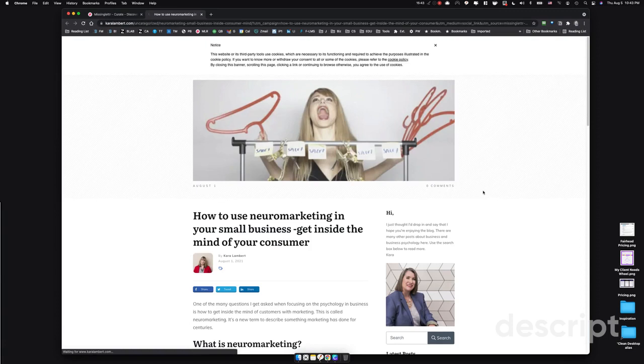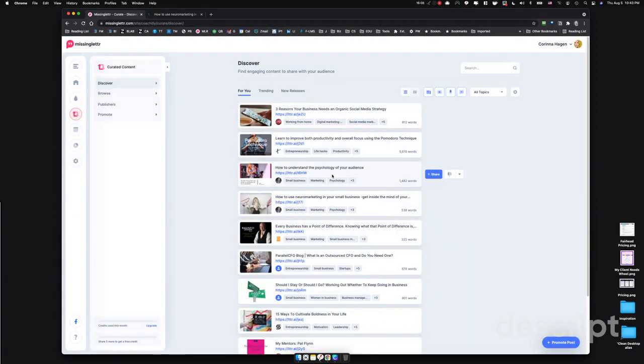If the article is interesting, then I can decide to post this, and this will be added to my social calendar. So now you can use other people's content to fill up your calendar. And if you do this maybe once a week, or if you don't have that much time, you just do it once a month, you can very quickly fill up your social calendar with a mix of your own content and other content that you find useful that you want to post.